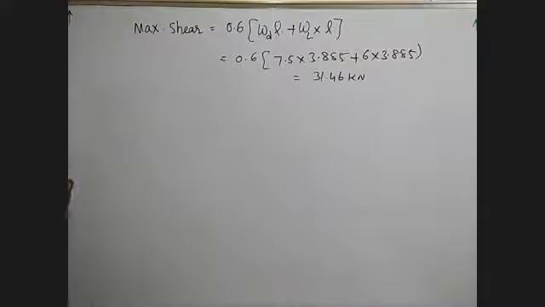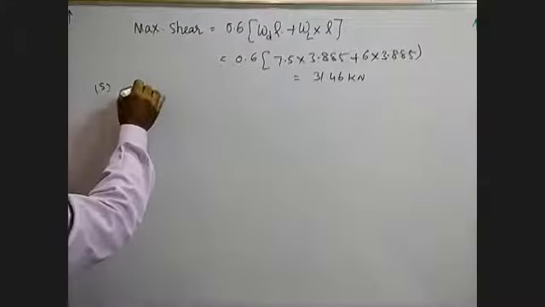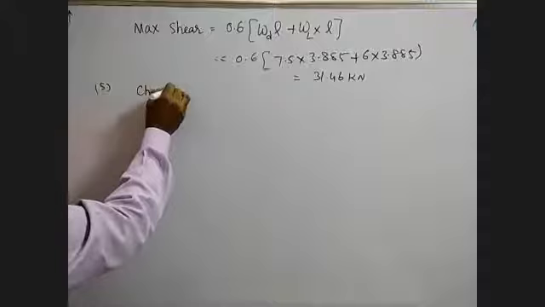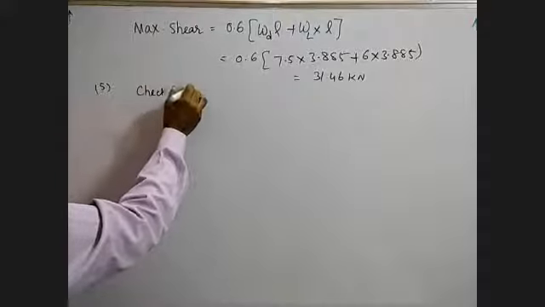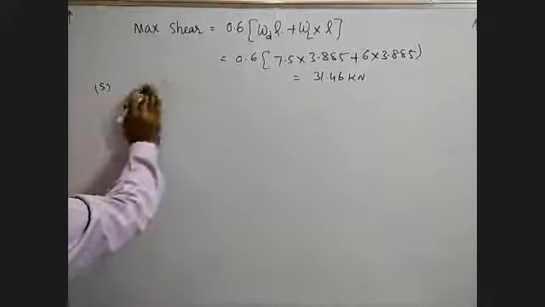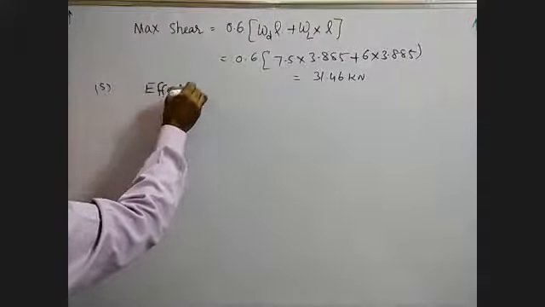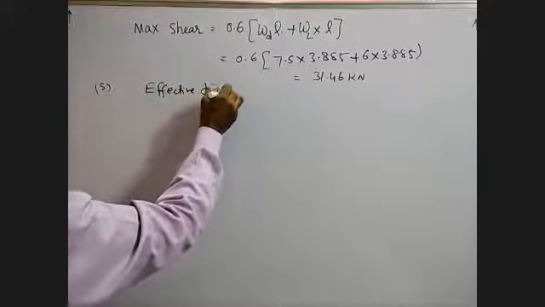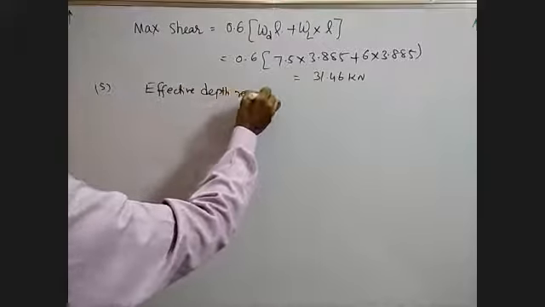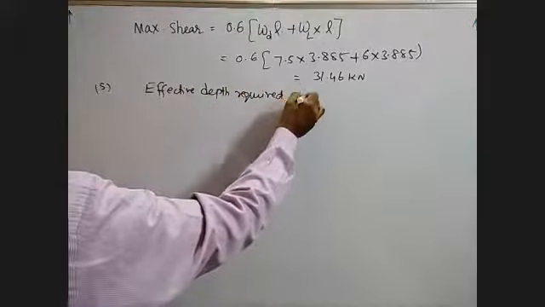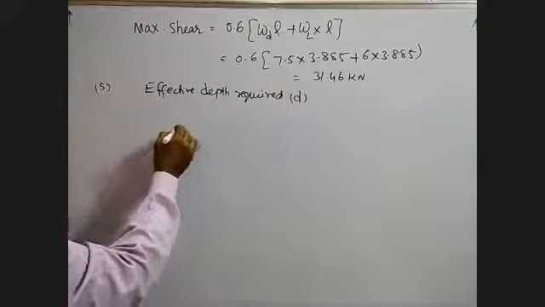Now the next step, fifth step. This is the fourth step, the calculation of the bending moment and shear force. The fifth step, check for effective depth required. We have provided some value, and we need to check that D value once. So here,